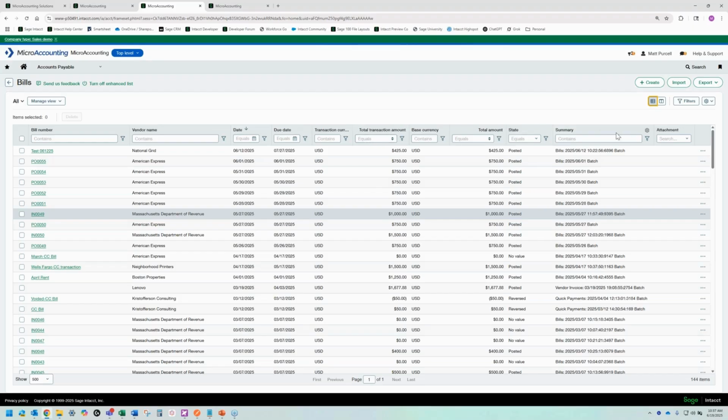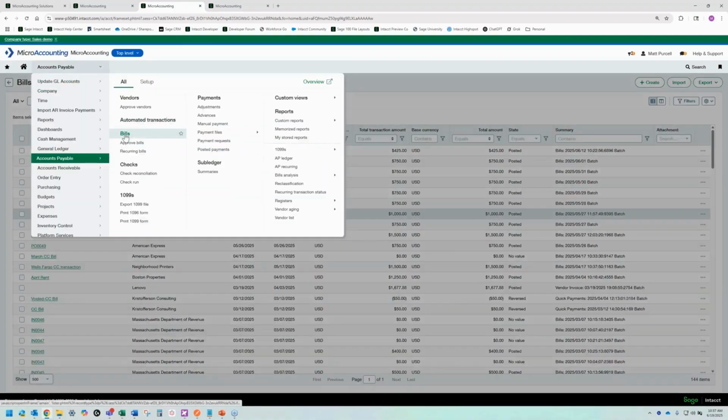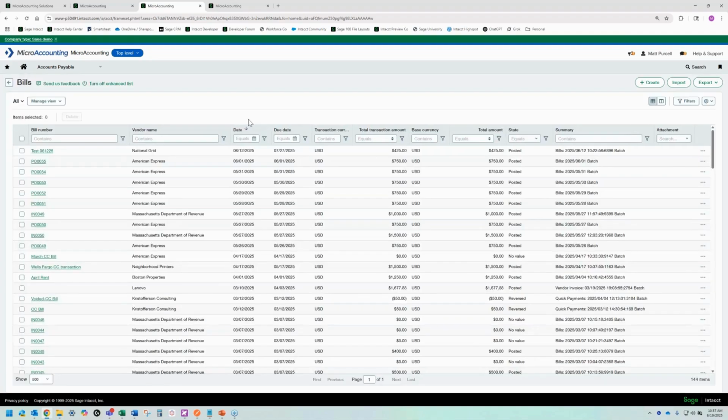Let's see. I don't believe there's anything else. So that is going to be all we have for now. Like I mentioned, Intacct likes to, periodically each quarter when they send out their updates, a lot of them have been updating these list view fields, especially these enhanced list fields. So they're getting pretty good about being able to bring in related objects, stuff that you wouldn't typically think of when you're setting up a normal list view in Intacct. So definitely worth exploring and playing with.